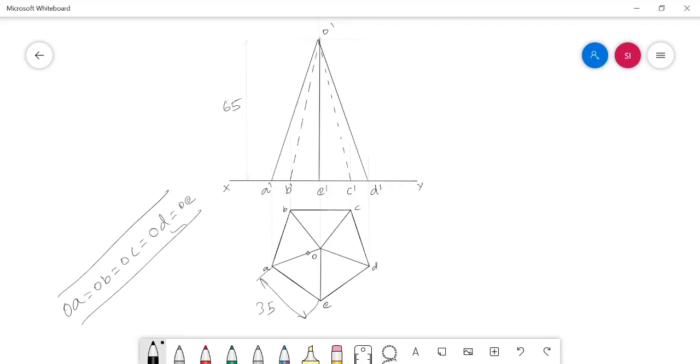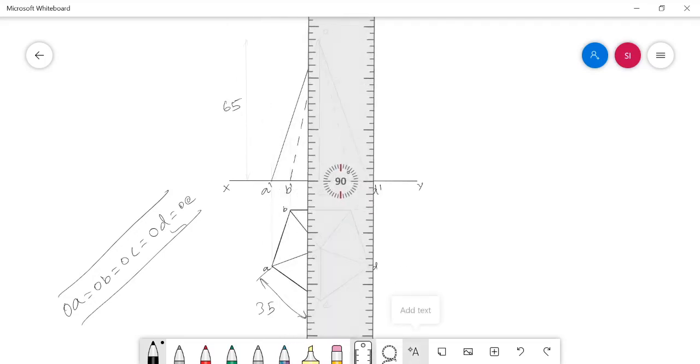In the same way, no slant edge in this top view shows its original length in this problem, because all the slant edges are not parallel to the XY line in the top view. So in this condition, we need to artificially make any one slant edge parallel to the XY line in the top view, and then we need to measure its true slant length by using a simple method. How to do this? Just follow this procedure.